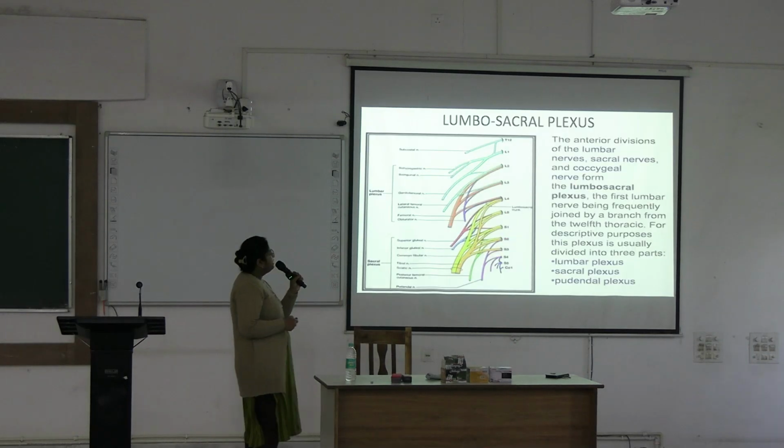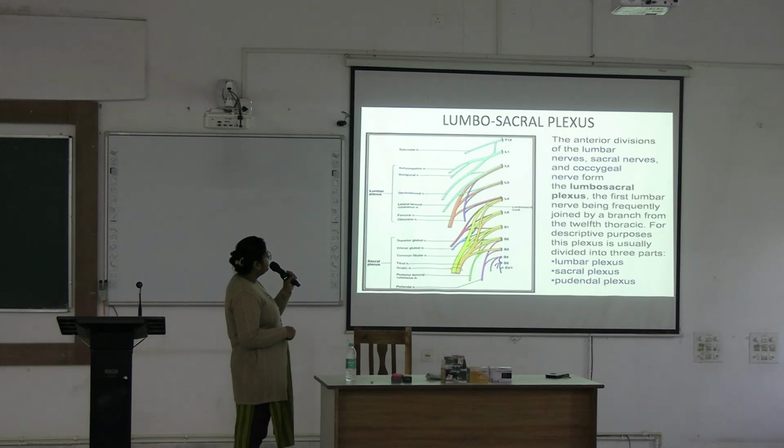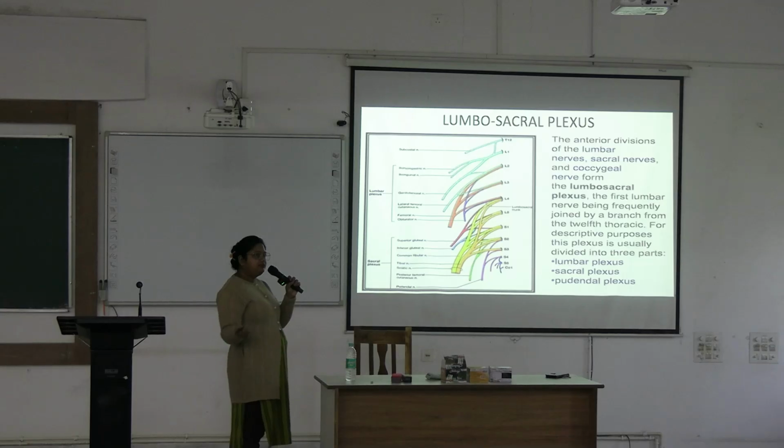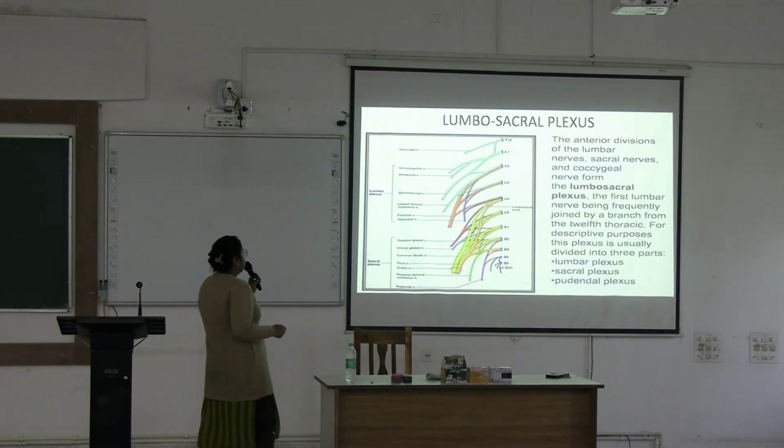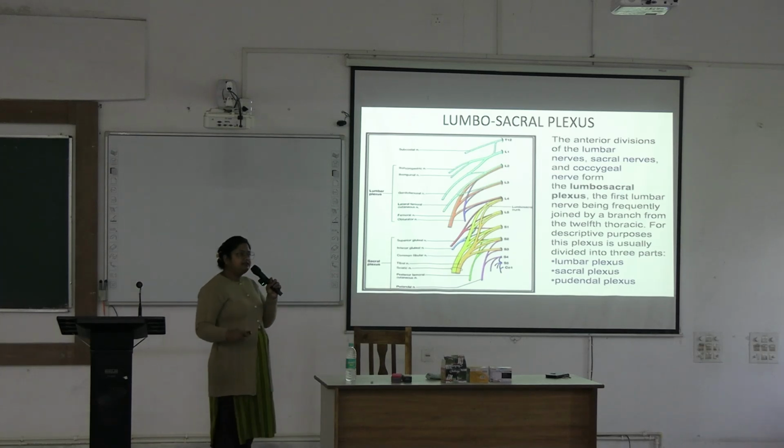So the lumbosacral plexus is formed by the lumbar plexus, this part, and the sacral plexus, here. L1, L2, L3, L4 join together to form the lumbar plexus. It sometimes gets a twig from T12 and sometimes from L5. The sacral plexus is formed from L4, L5, S1, S2, S3 up to this level. After that there will be the coccygeal plexus. So today we will discuss the lumbar plexus and its branches.